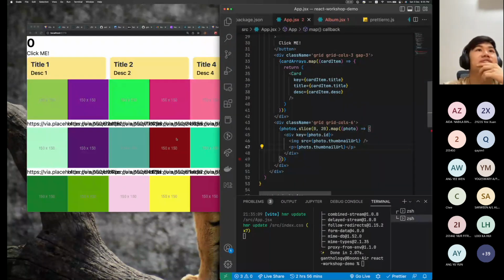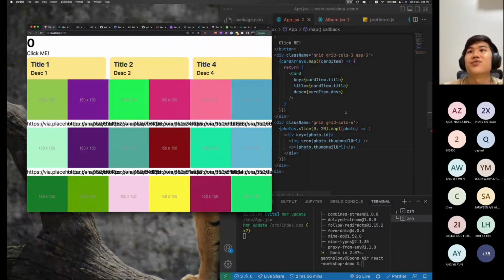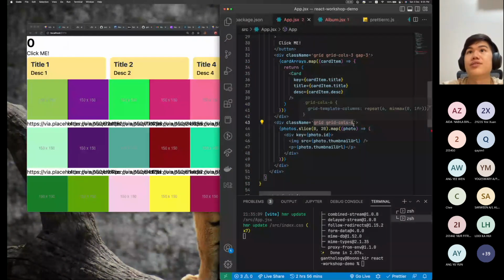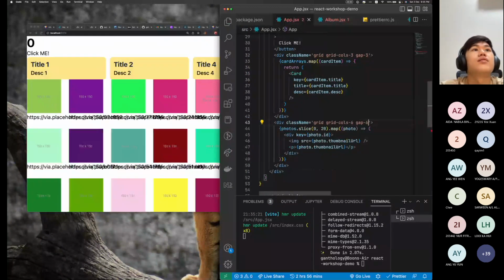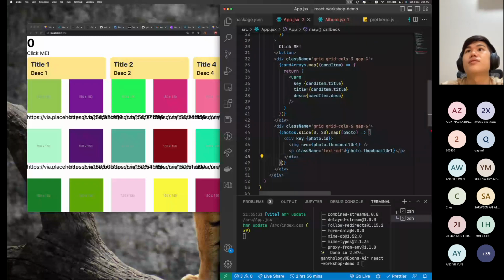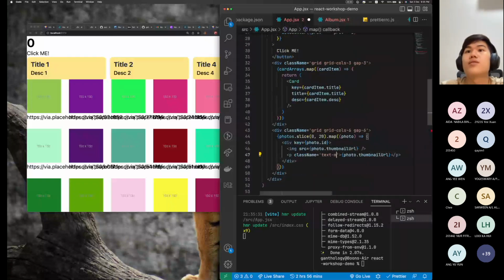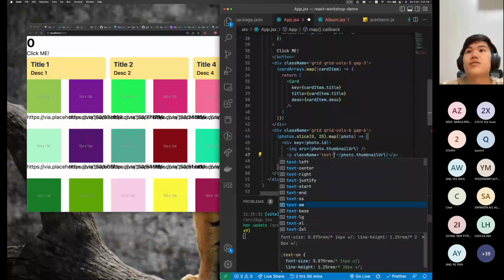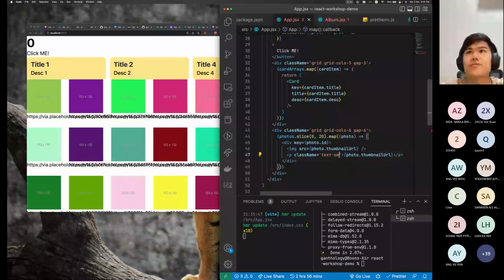Okay, so you guys can see there's no gap. So again, we're going to be using the gap property here. And for this, we're going to make it smaller. Let me see. Text, okay, SM. And then if I add a background color here,